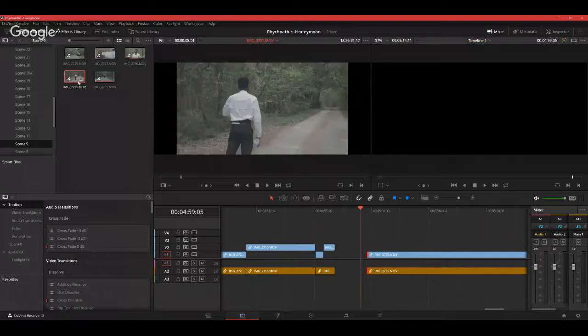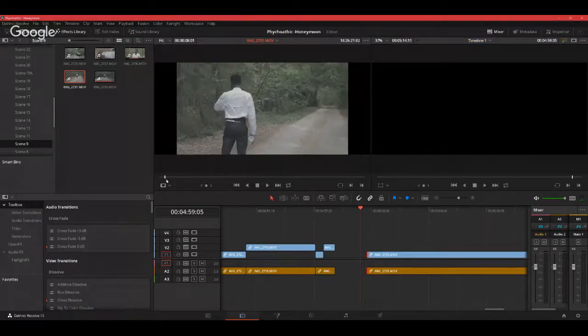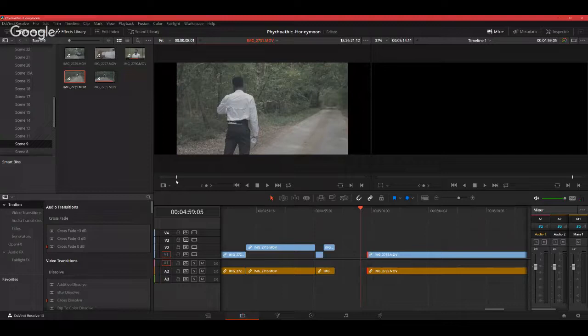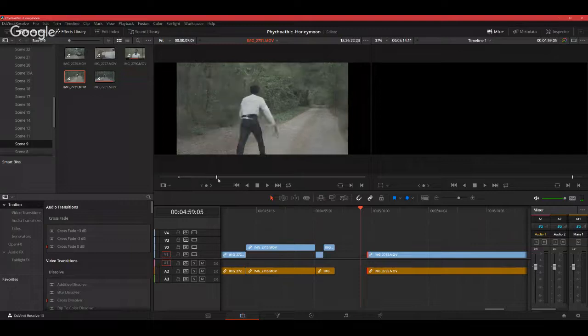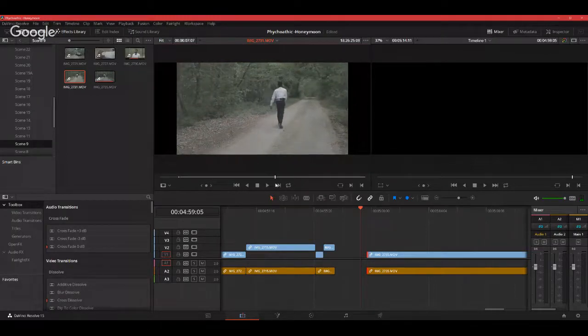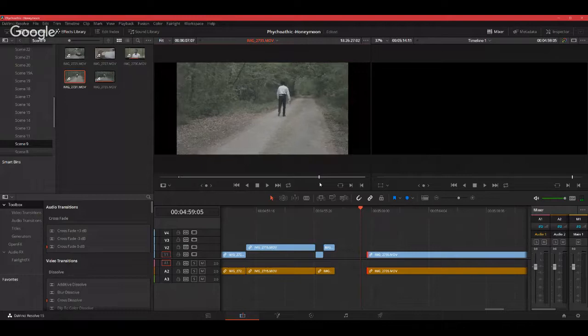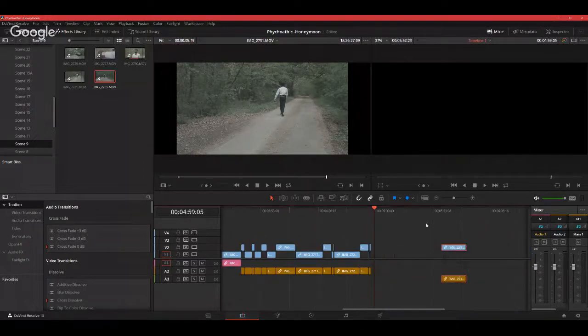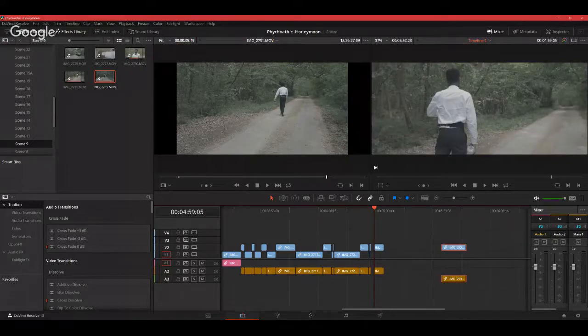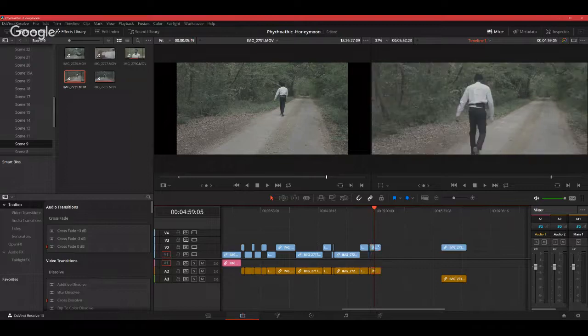Where is that one? Right here. So here you see him watching and we want him to drop it just about now. Drops it and continues walking. Cut it right here. Then we'll bring in